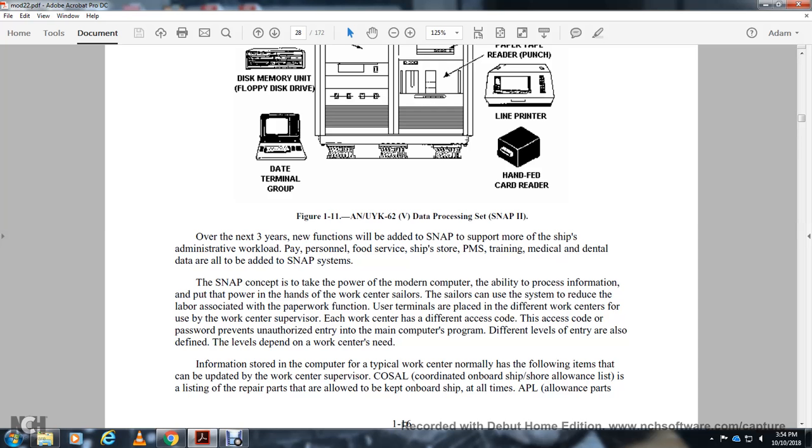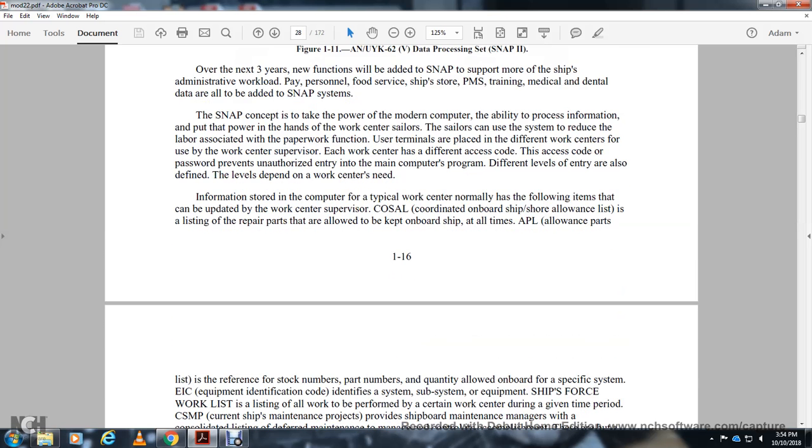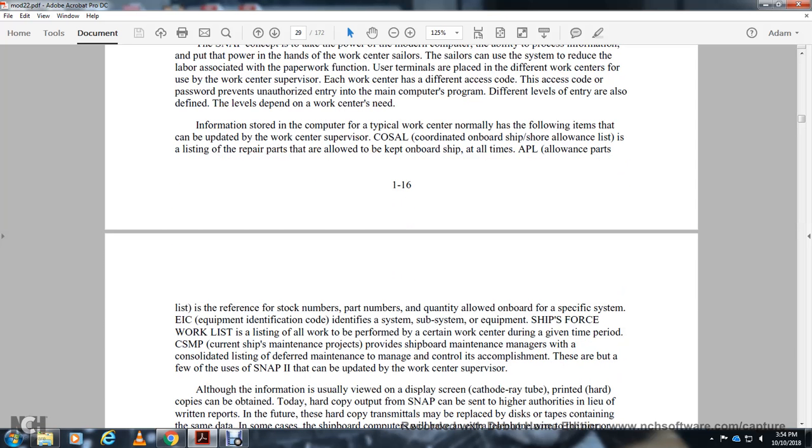That can be kept up to date by the work center supervisor. COSAL, or Coordinated Onboard Shipping Allowance List, is a listing of repair parts allowed to be kept on board ship. The allowance parts list references the exact part number and quantity allowed on board, and the specific equipment identification code, EIC, that identifies the system, subsystem, and equipment. The work list covers all the work to be performed during a given time period. The CSMP, current ship maintenance project, provides shipboard maintenance managers with a consolidated listing of